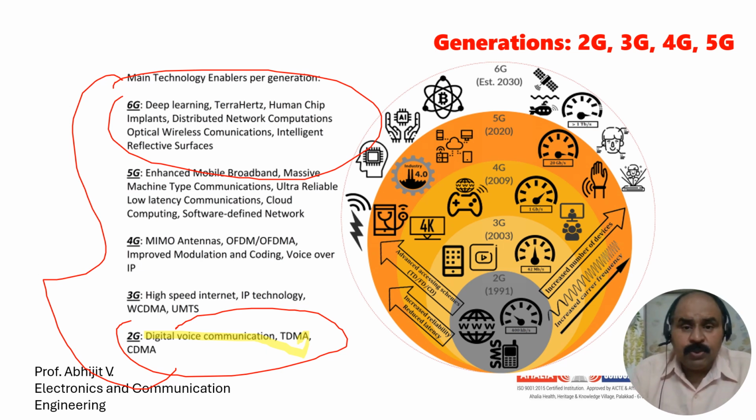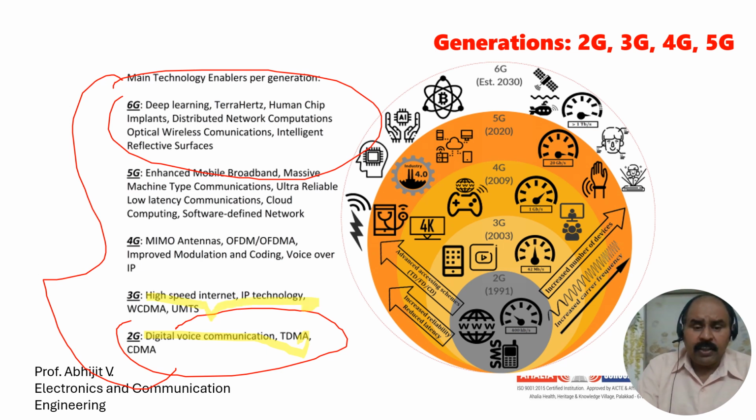In 2G, we started using digital systems for voice communication. Primary importance was given to voice communication. The technologies that became popular during the second generation were time division multiple access and code division multiple access. From then, when we moved towards